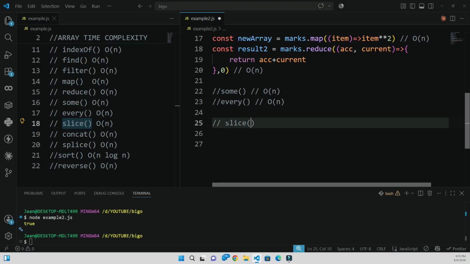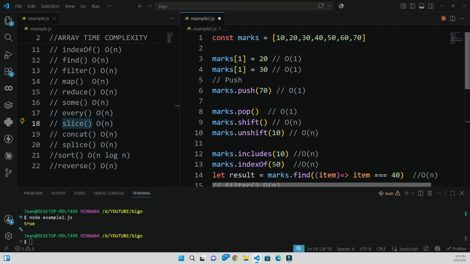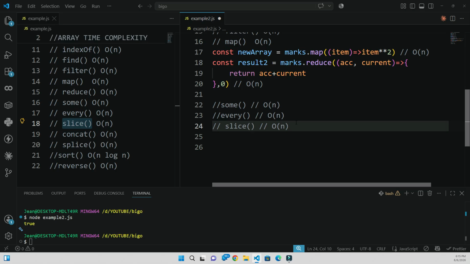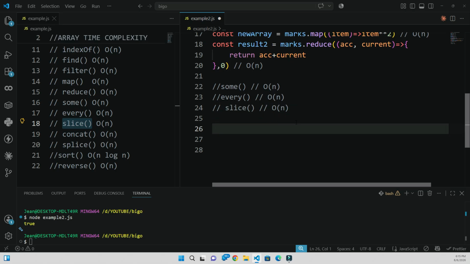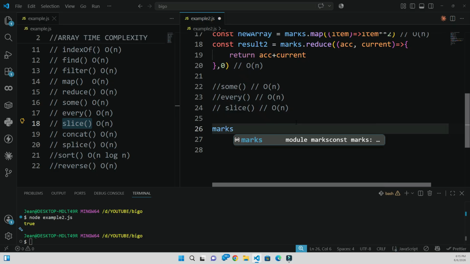This is the slice method. We use the slice method when we want to take some part of the array. For example, if we want to take maybe from 10 to 40, then I have to pass the indexes, the starting position and the ending position. For example, we can say max.slice